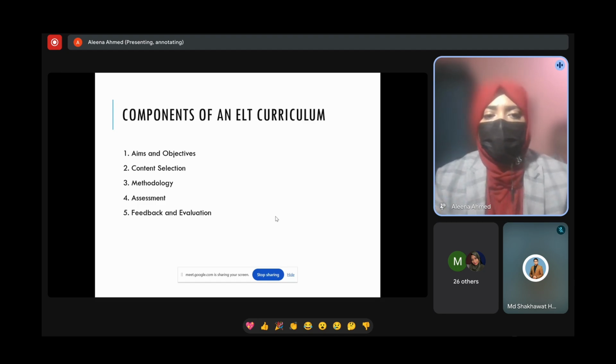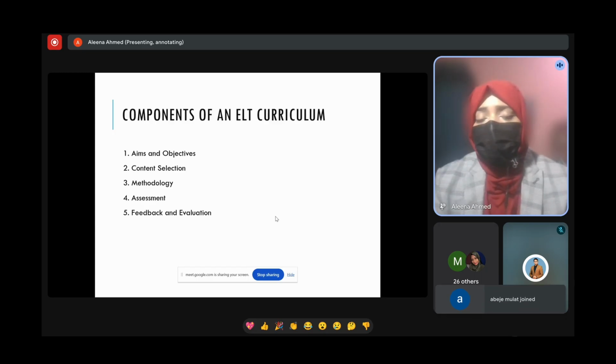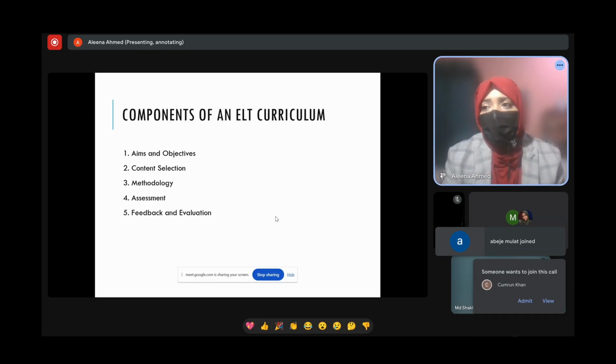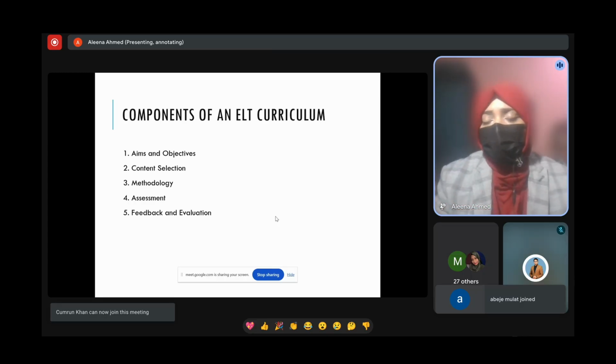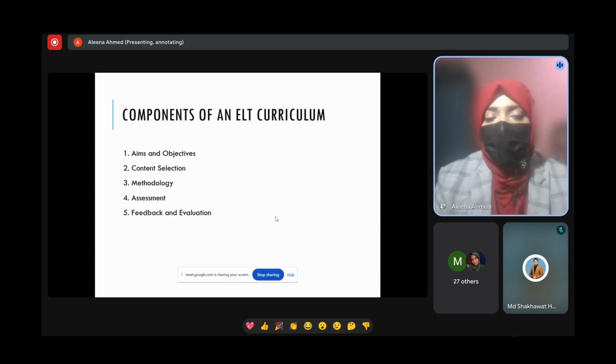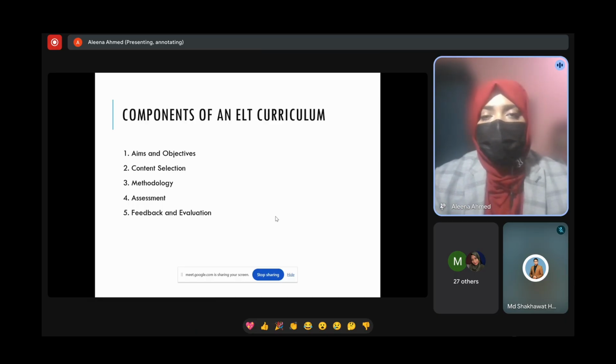Methodology, the third point. There are different methods to follow in the ELT classroom. And definitely we are teaching a second language, English is a second language. So we can just follow a translation method, like teaching the students what, W-H-A-T, what means kya in Urdu. What is your name? Your, in Urdu, it's tumhara. And name, in Urdu, it's naam. So we can just tell them that what is your name means tumhara naam kya hai, to ask somebody's name, right?